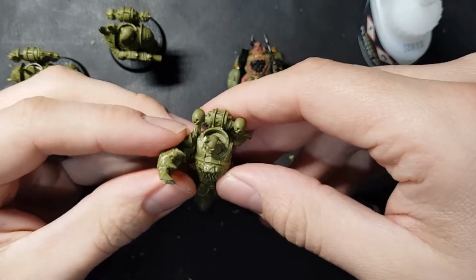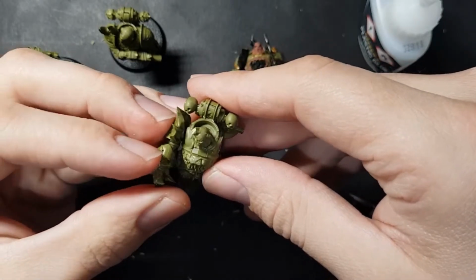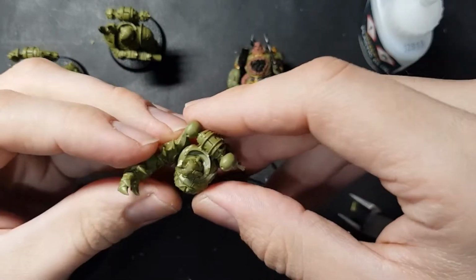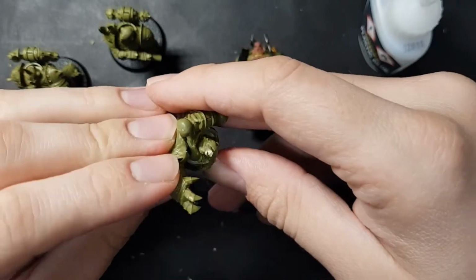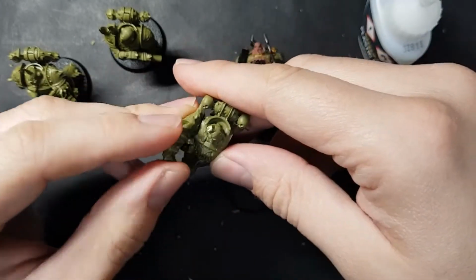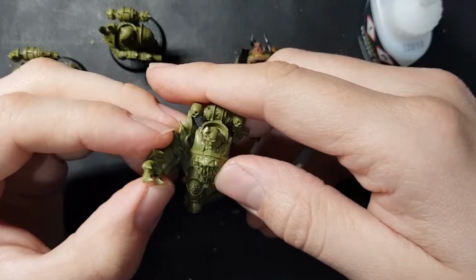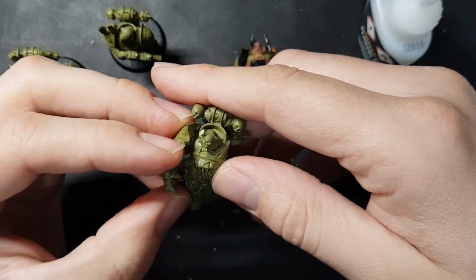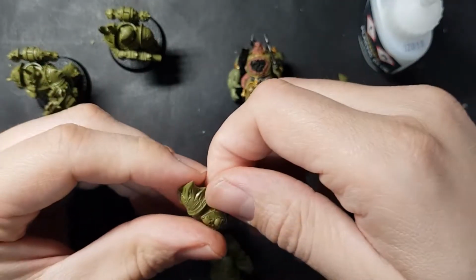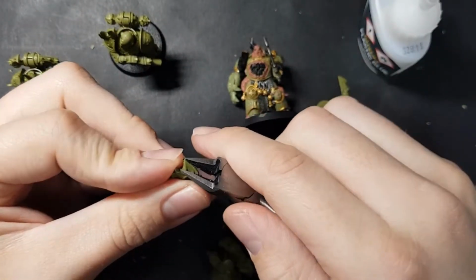Okay, so the unit champion. Now, I wanted him to look a little less awkward. I found that the original design, with his power fist hanging right back like that, just seemed a bit clumsy. And I know they're supposed to be a bit clumsy, but I wanted a bit more of a powerful pose. So I just did a little dry fit just to see where the arm would look good. And I thought a bit more forward facing, so it looks like he's about to grab something and crush it